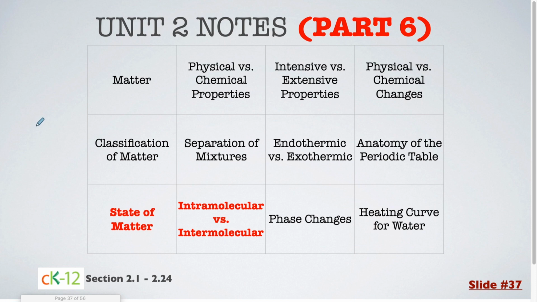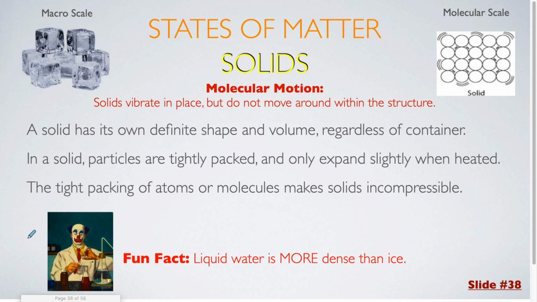In part 6 of the Unit 2 notes, we are going to be covering states of matter and intramolecular versus intermolecular forces. Now you're all familiar with the three primary states of matter: solids, liquids, and gases. You know what they look like on the macro scale, but today we're going to be talking about why they behave the way that they do on the macro scale, and that has to do with what they look like